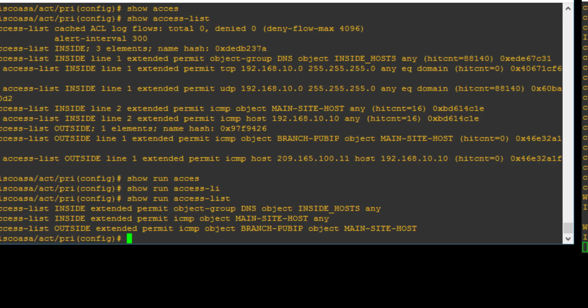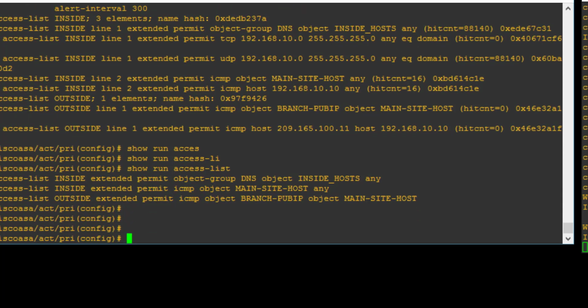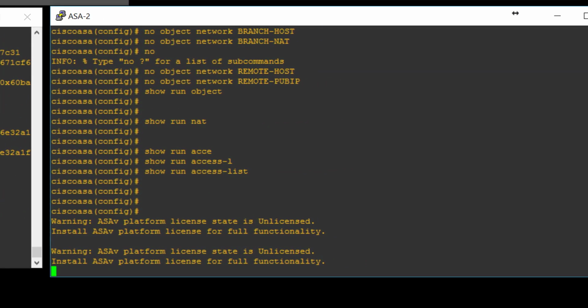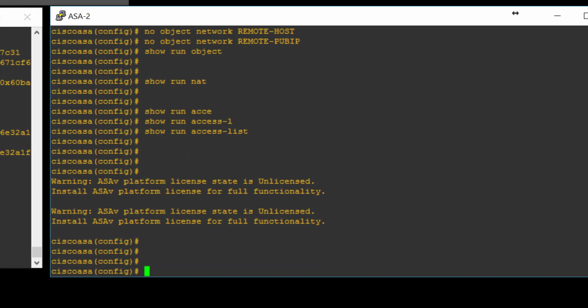Okay, so that's that rule done. Again, at the minute it's not going to work because we need to do this second ASA. So what we'll do